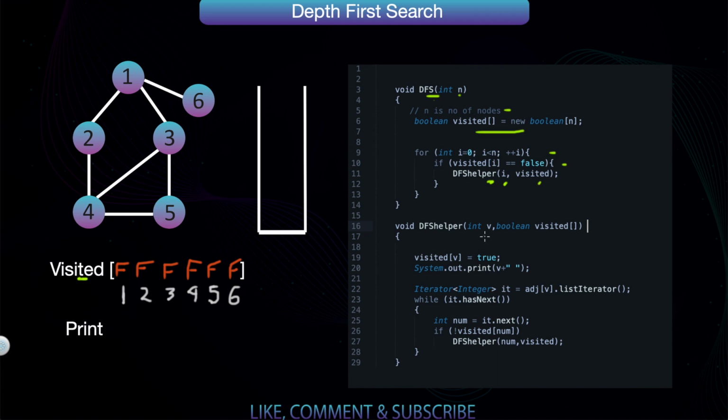So this is the dfs helper function. It has two arguments, the vertex and the visited array. We set visited[v] equal to true, and we print that particular node.